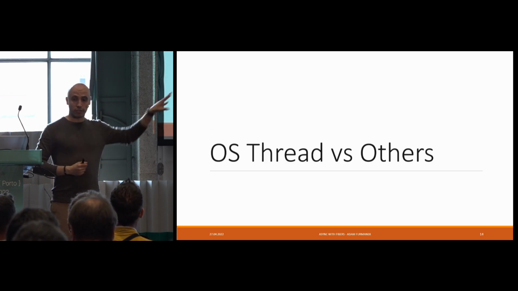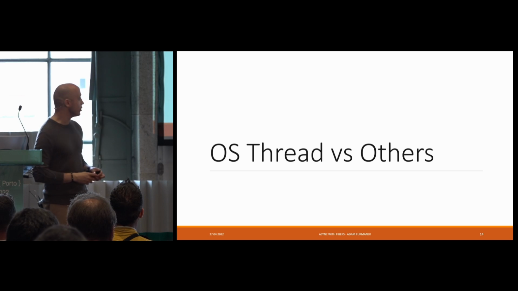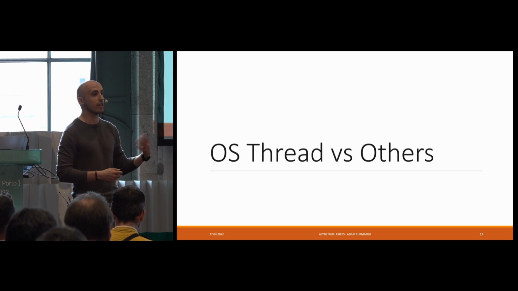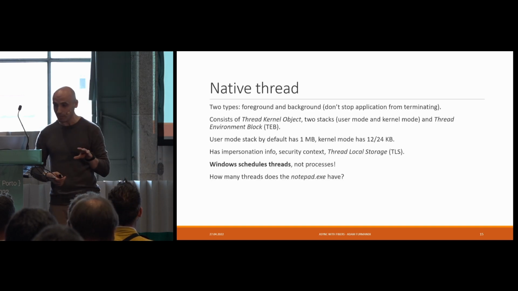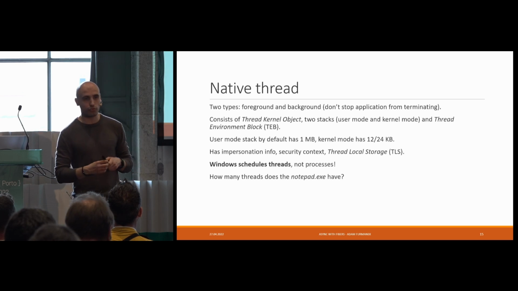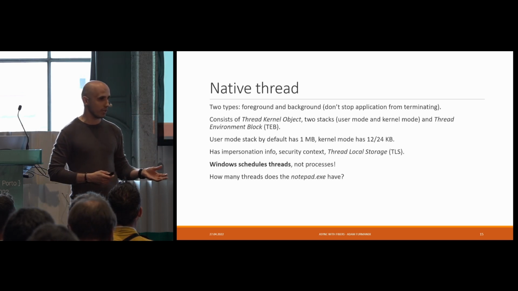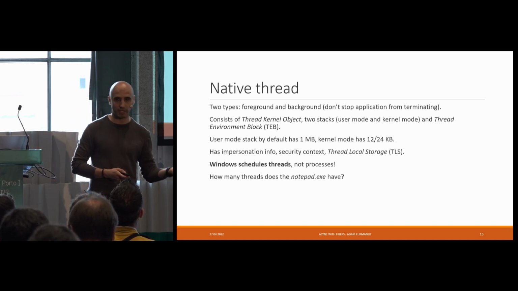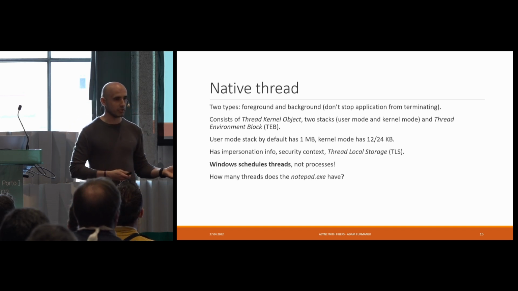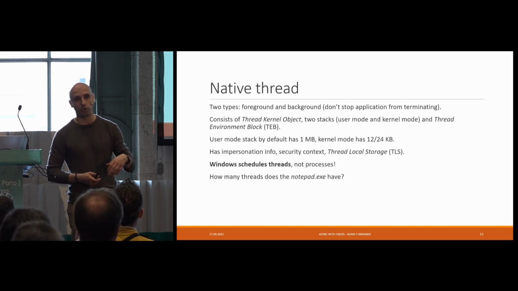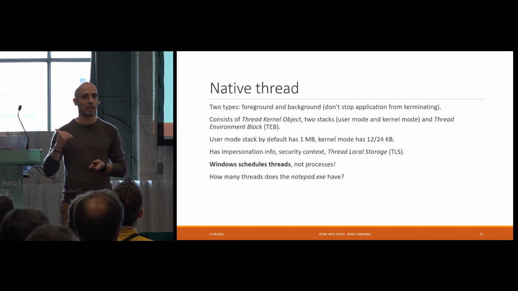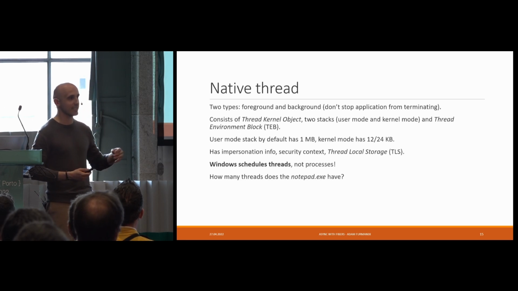Moving on, in order to understand all those three big pieces, we'll need to go through some theory. So let's dwell into operating system level threads and what else we can use to implement asynchronous programming. So the native thread. The first thing we need to know is whenever we actually execute something, at the very bottom of the runtime execution platform, there is a thing which is provided by the operating system, which is a native thread. This is the thread you create with your Win API or pthreads or whatever else. It's basically a piece of machinery which allows you to run a task, something which is named by the CPU architecture as a task.